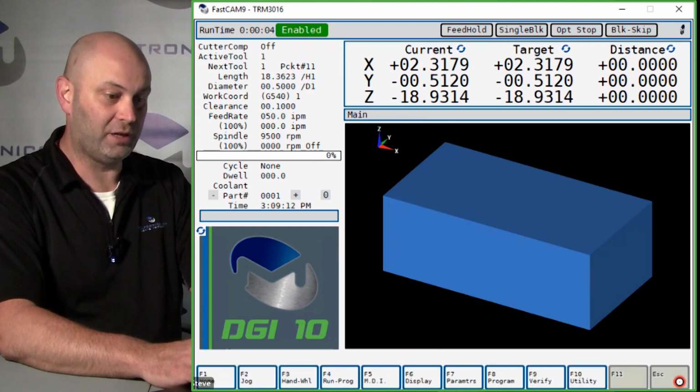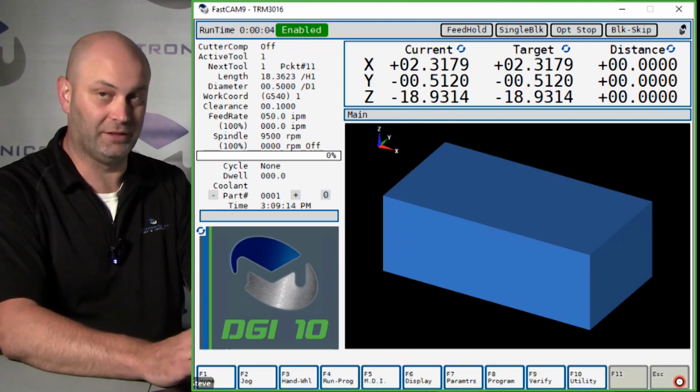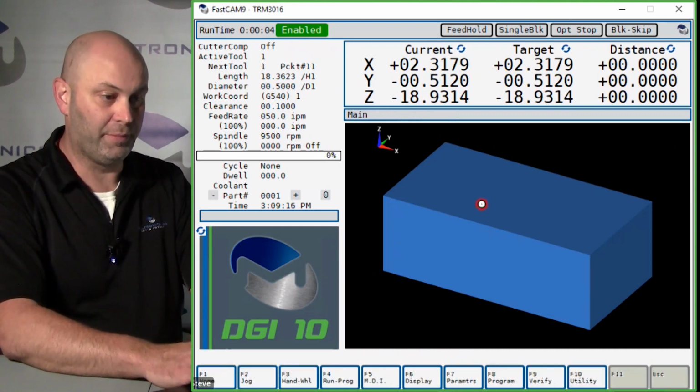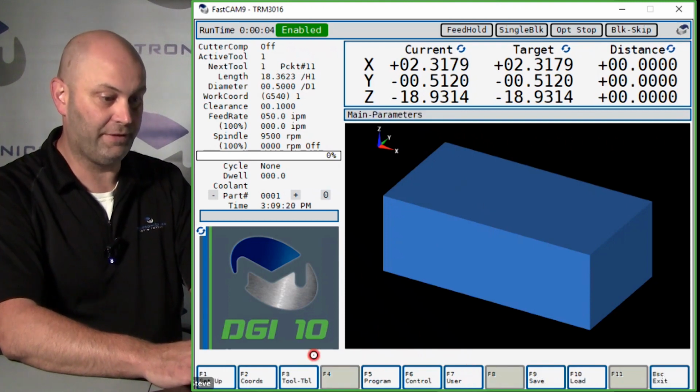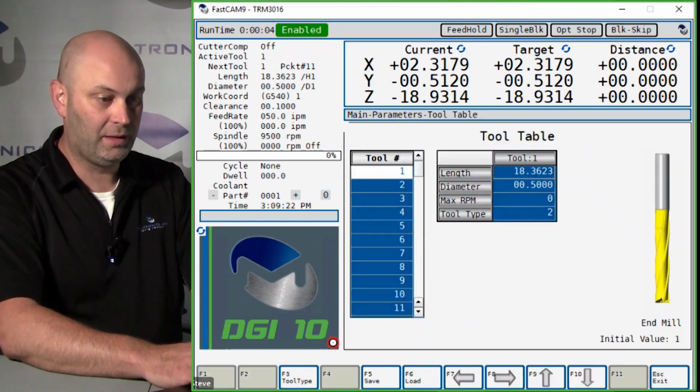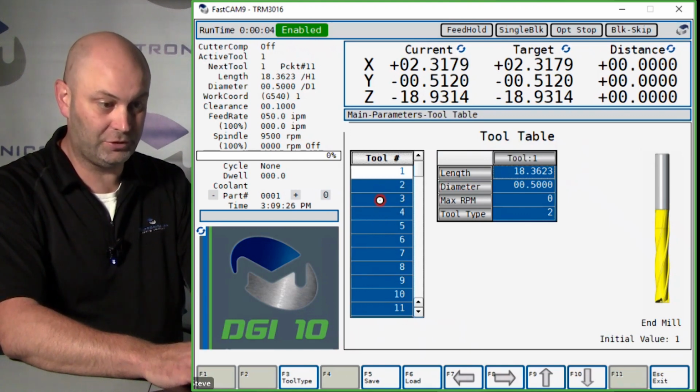This video will show you how you can edit your tool offset page. So once your tools are all touched off, if you have to make any changes to length or diameter, from your main screen, hit F7 parameters, then F3 tool table, and all of your tools are going to be listed. So if you want to edit tool number 3,